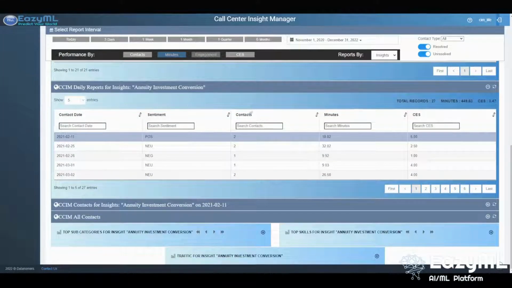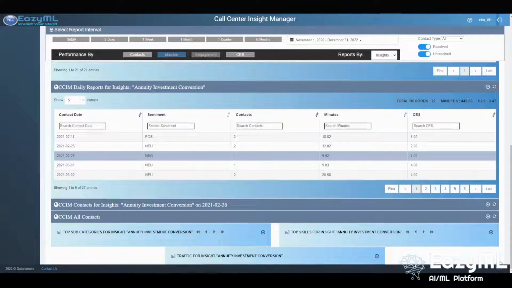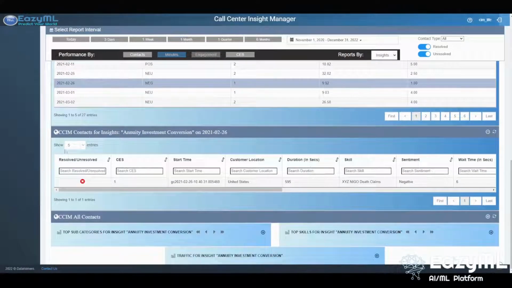We can see the sentiment, number of sessions, minutes, and CES per day. If we select one of those days, we can view even more specific details on the contacts during that day. We can see if the issue was resolved or unresolved, the CES, start time, customer location, duration, the agent, sentiment, and so on. To get a closer look, we can double-click